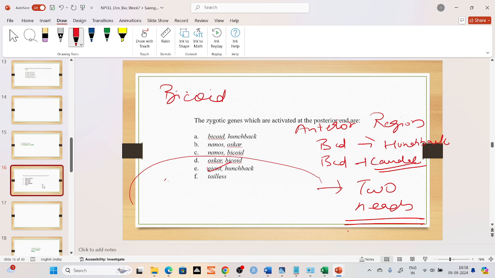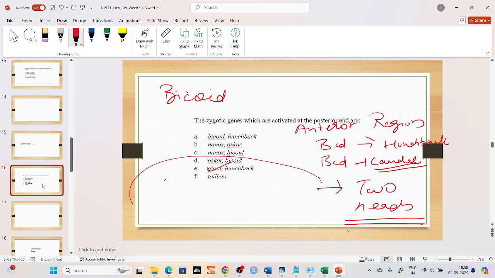Now, the question says the zygotic genes which are activated at the posterior end. If you do not pay attention to this question, you will think that posterior is written, that means nanos should be there, Oscar should be there. Now you can get confused like this. But you should understand that they have asked about zygotic genes. Why I am stressing over here